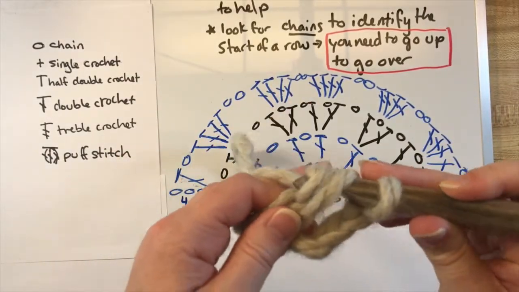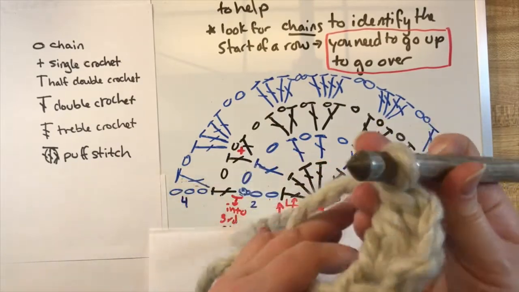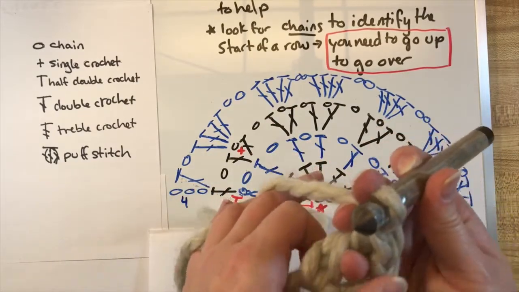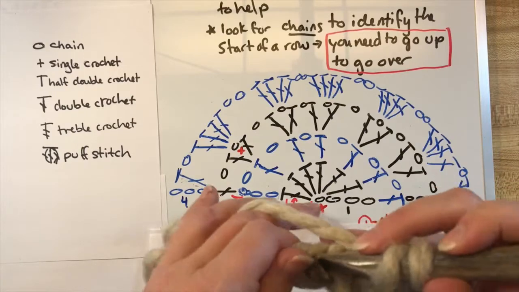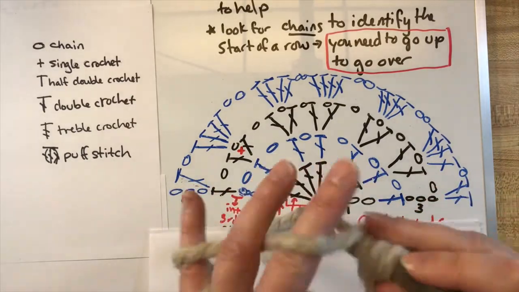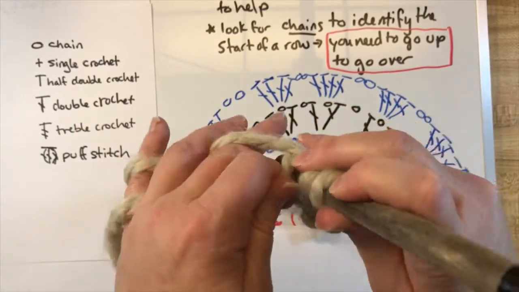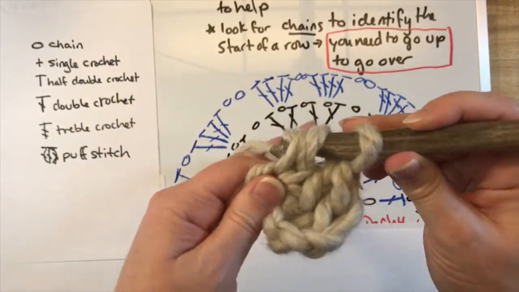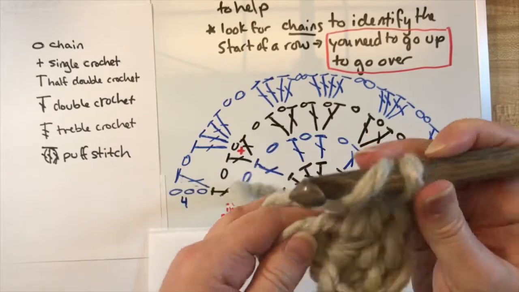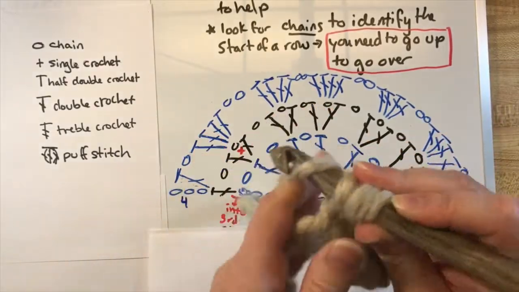and pull up a loop and do my sets of 2. That is my beginning chain and 1. I need to do 6. Here is 2, 3, 4,